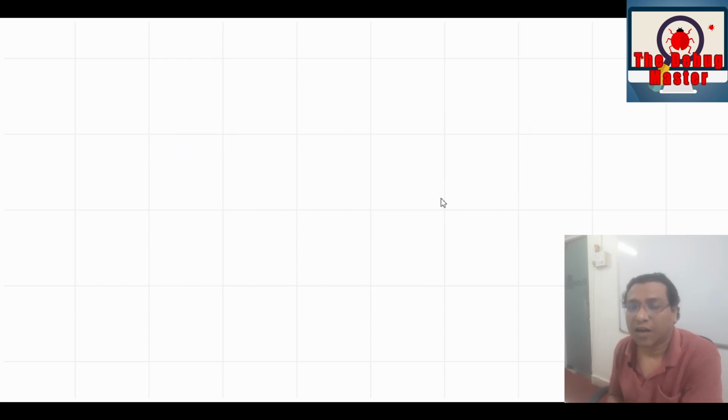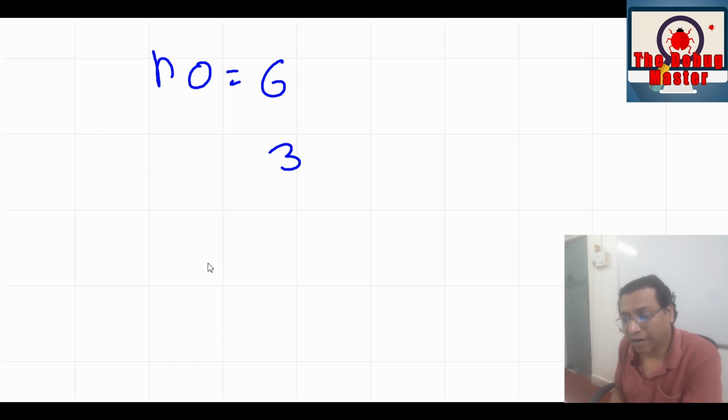Now we shall see a logic to find out whether a number is perfect or not. First of all, we shall see how to find out the divisors of a number. Consider a number 6. Now as we know, the maximum divisor of a number is half of that number. That means in this case the maximum divisor that we can find is 3. For 50 you can say the maximum divisor is 25.